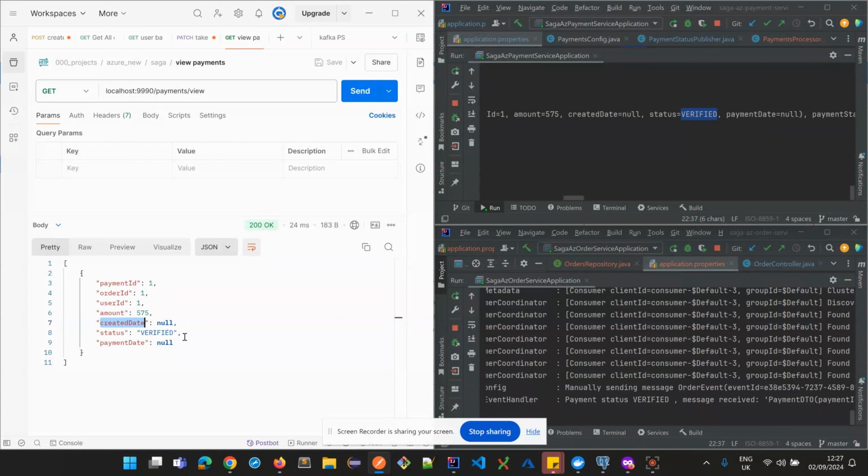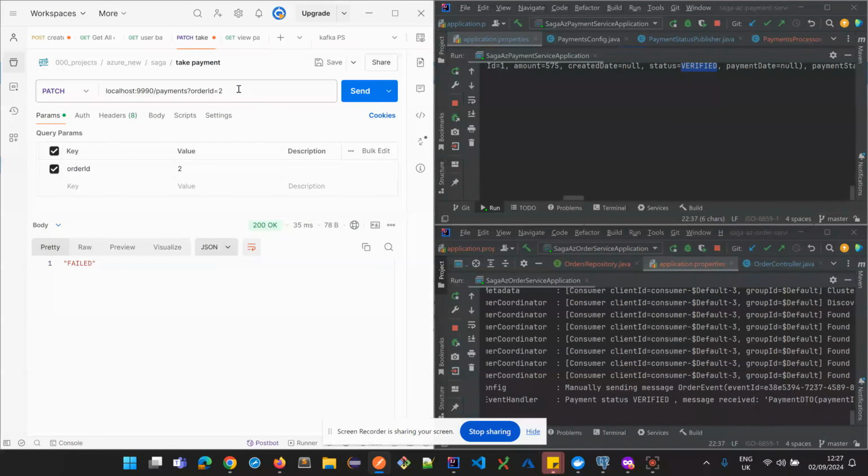Now, I assume that the inventory happened, and now it's time to take the payment, and we have a particular endpoint to simulate that. This is an automated process, but we want to keep control, so we are going to give an order number and say take payment for that. Okay, so ignore this past response. So when you say take the payment for the order 1,